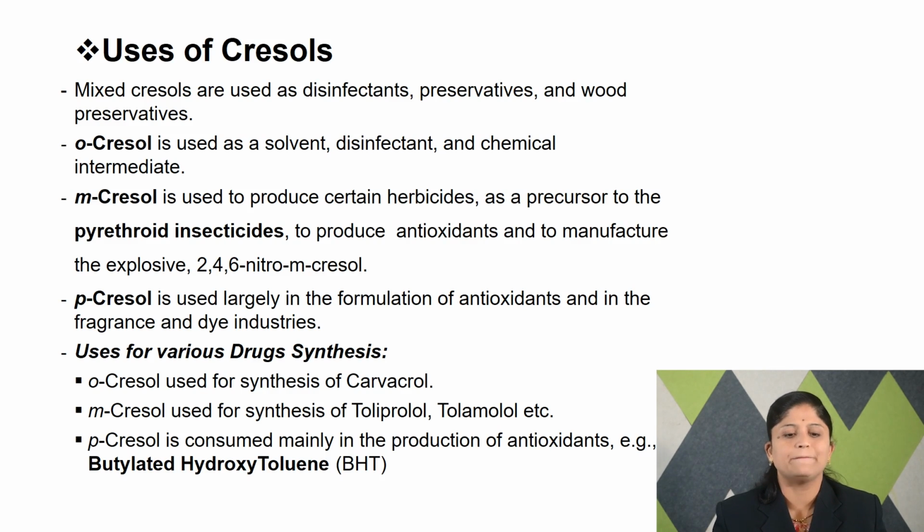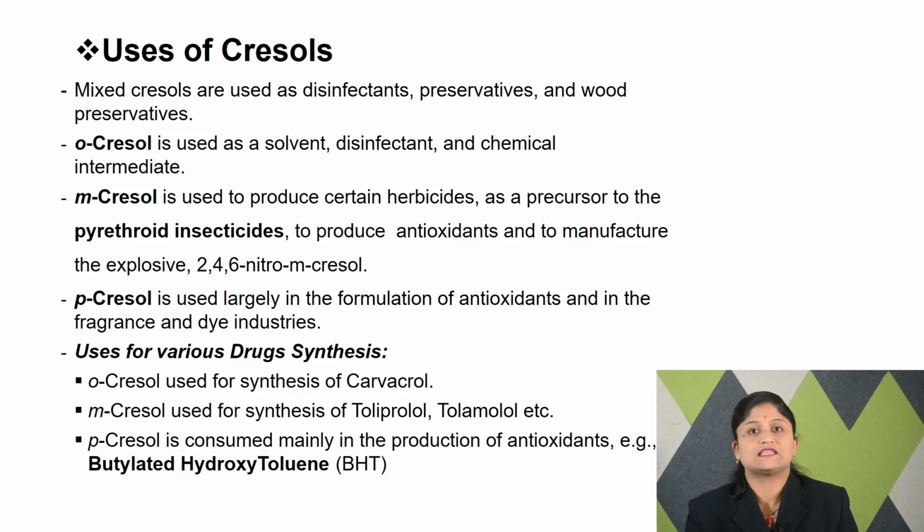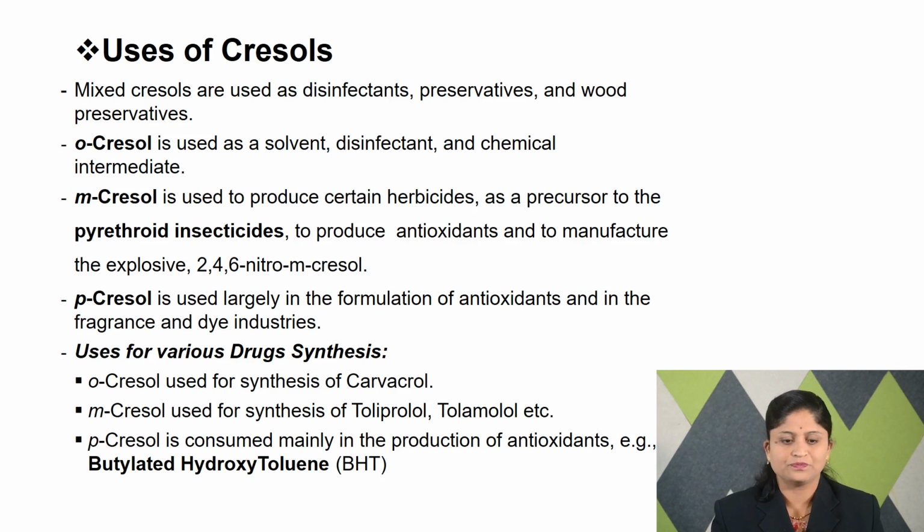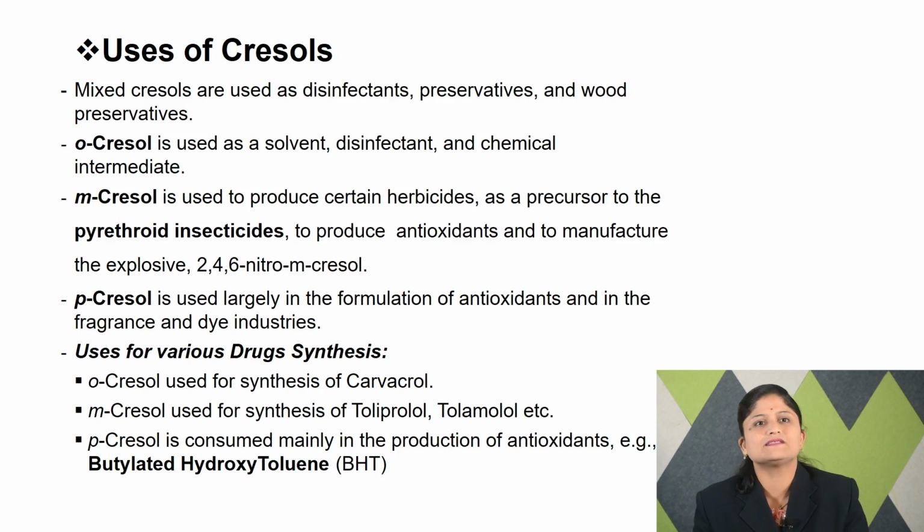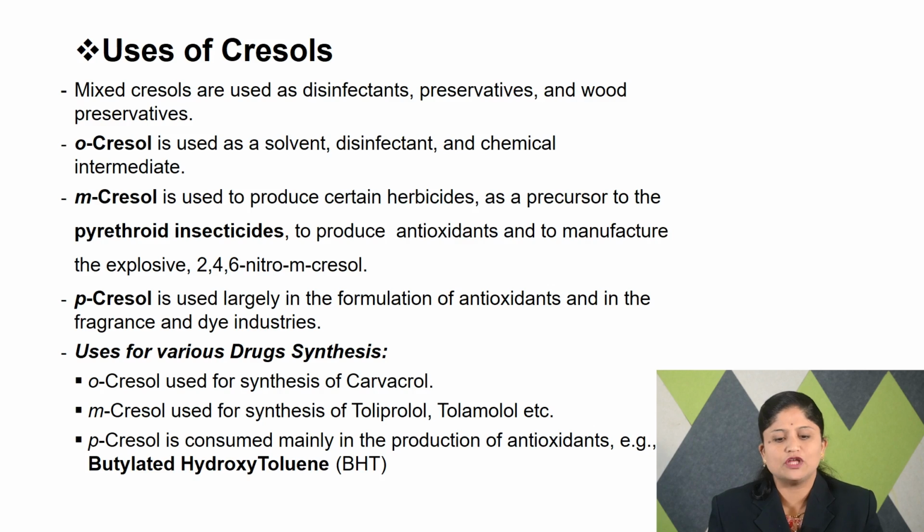Now, the first compound, orthocresol, is used as a solvent, as a disinfectant and as a chemical intermediate for the synthesis of a variety of compounds. Metacresol is used to produce some of the herbicides and pyrethroid-type insecticides. Then the paracresol molecule is used to form antioxidants in the fragrance, pharmaceutical and dye industries. They are also used for the synthesis of pharmaceutically important compounds like carbachol, toliprolol, tolamolol, and